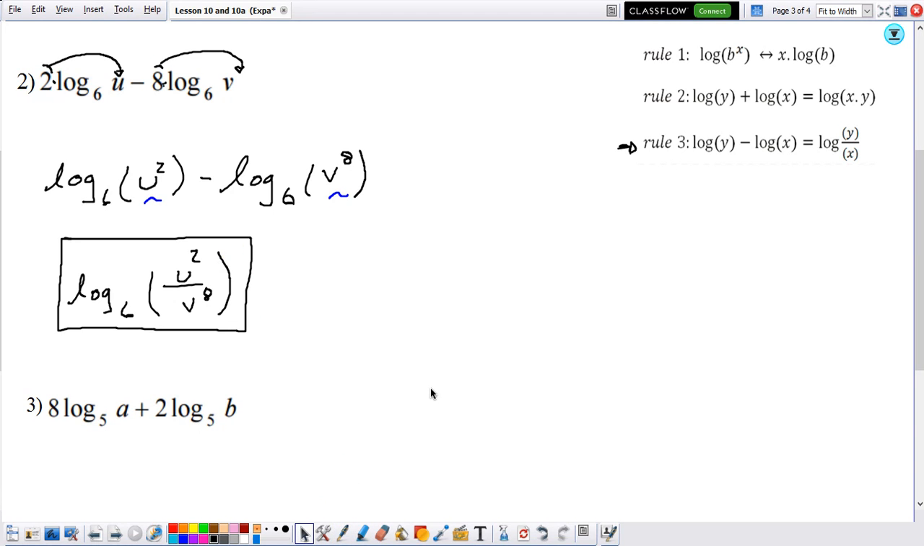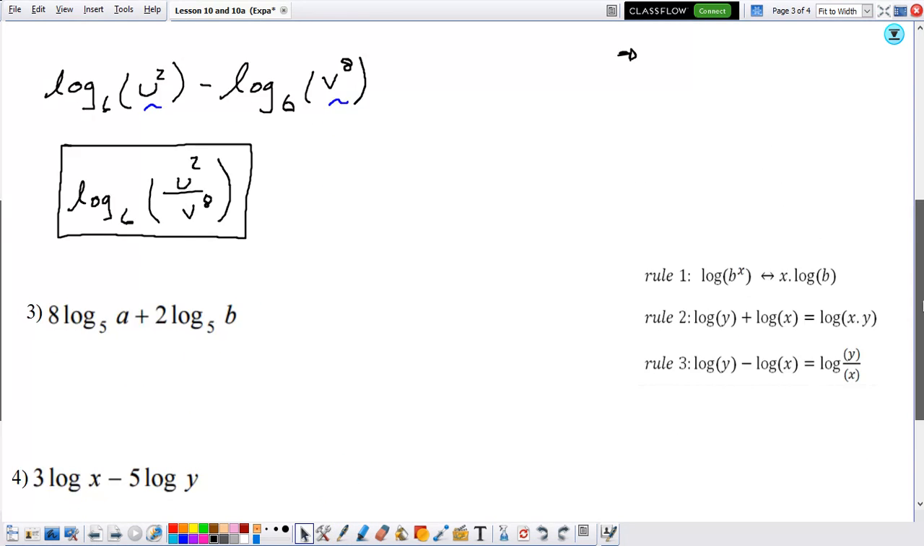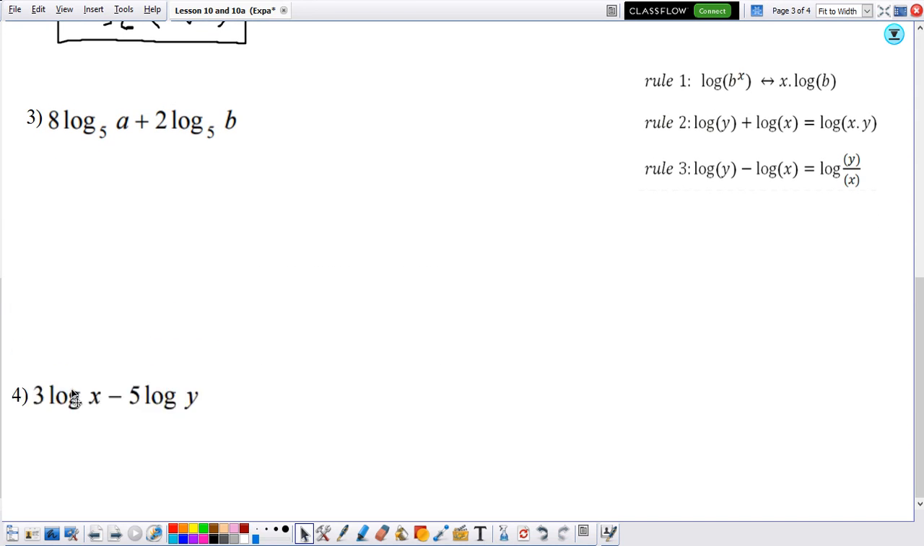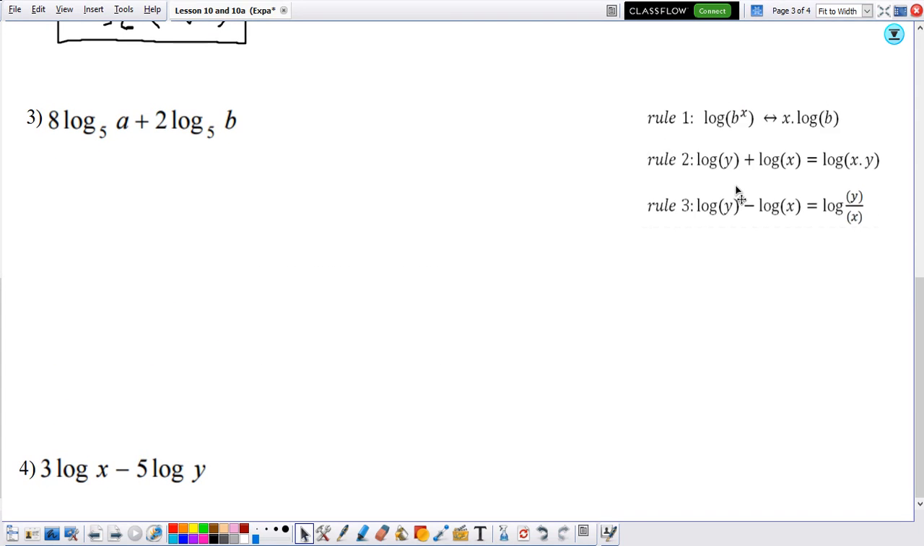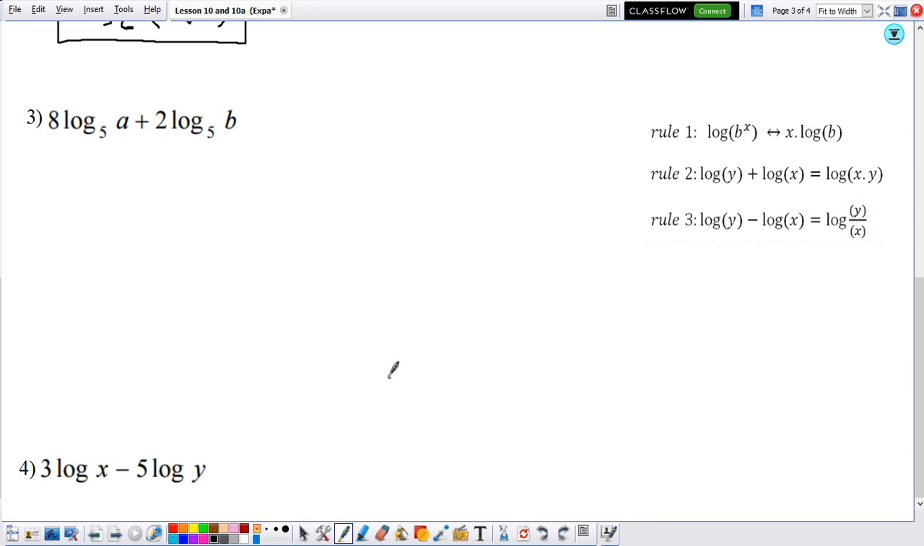Now let's talk about one more example here. In example number 3, notice the same. If you have a number in front of the logarithm and you want to compress it, the first thing you want to do is rewrite that number as an exponent. So notice that here we have an 8 in front of the logarithm. Because of rule number 1, we can bring this 8 as an exponent. So now we have log base 5 of 8 to the 8th,